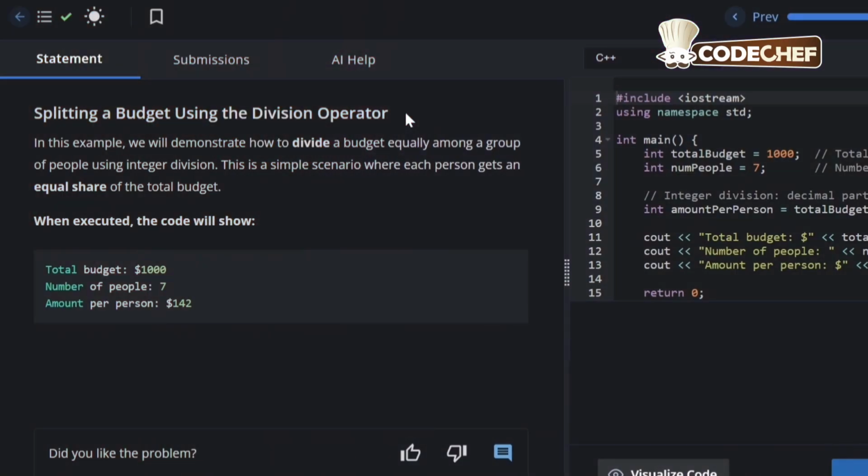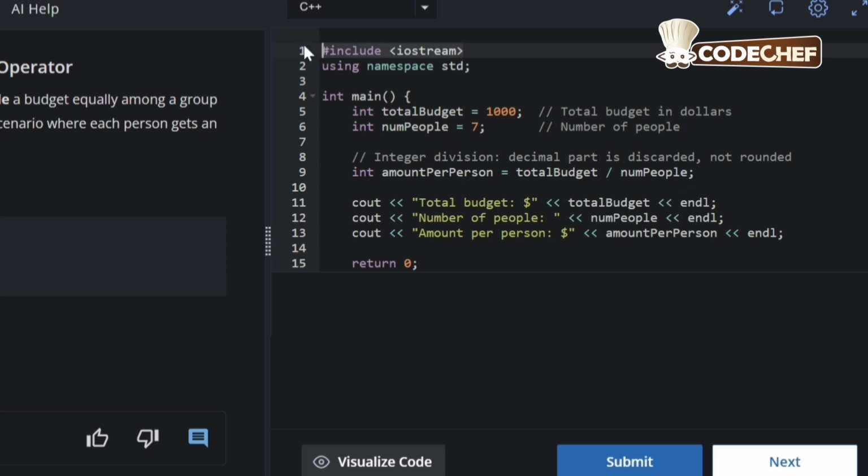The program objective is splitting a budget using the division operator, and here is the expected output. Total budget $1000, then number of people 7, and amount per person is $142. Coming to the code, #include <iostream>, using namespace std. Then int main. Now inside main we have declared and initialized a variable int total_budget is equal to 1000; then int num_people is equal to 7;